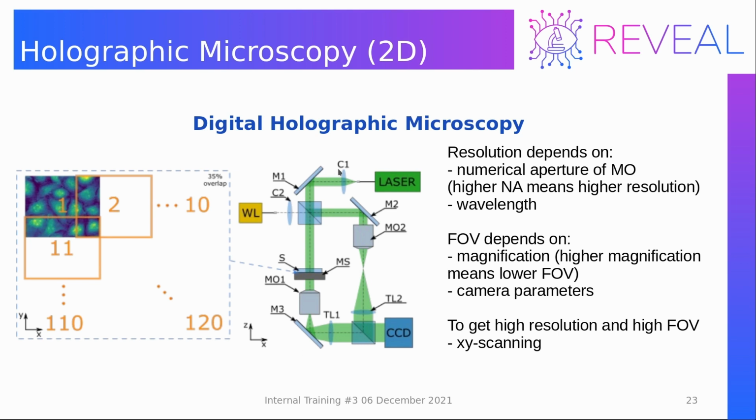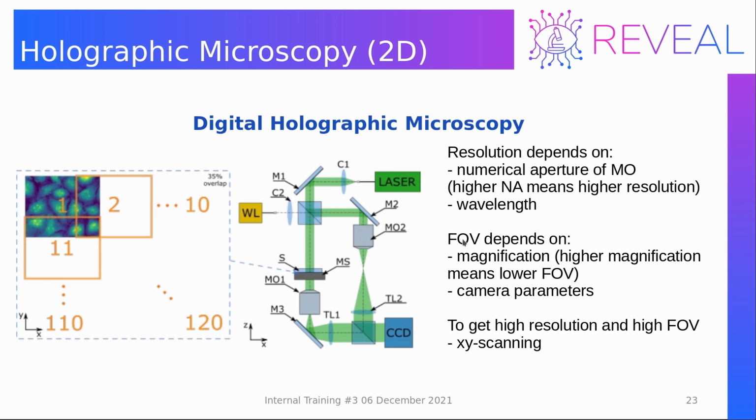So the resolution of this system depends on the numerical aperture of the microscope objective. If you choose the microscope objective with high numerical aperture, that means you will have high resolution in your image. The resolution, of course, also depends on the wavelength. So the shorter the wavelength, the better the resolution. However, on the other hand,